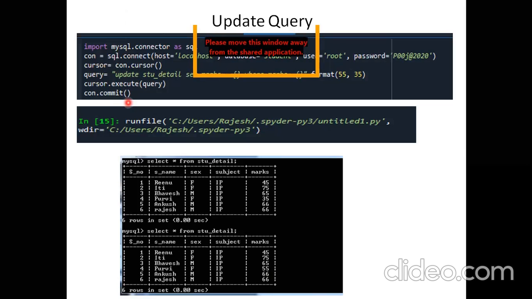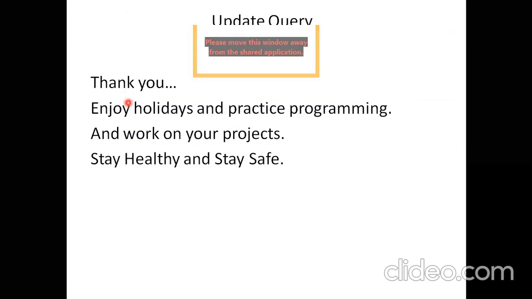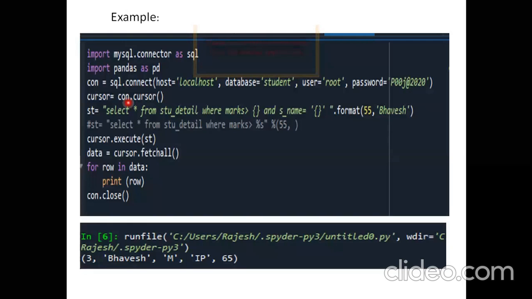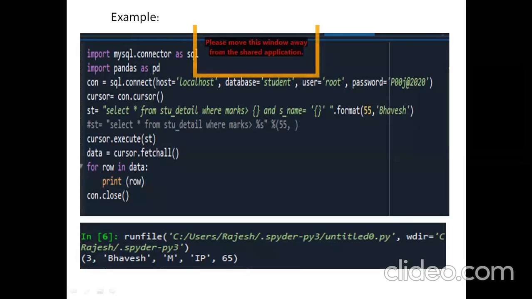So this is the final topic which we are done with. If you have any doubts, you can ask me now. Related to insert, update, any doubts, you can ask me now because this was the only portion left, which we are done with for today. We'll be meeting now maybe on 1st of June. By that time you have 2 weeks of holidays which you can enjoy. Any doubts, most welcome. By the time I'm unmuting all of you. Any doubts, please let me know. Otherwise, we can end the meeting because we are done with all the things.